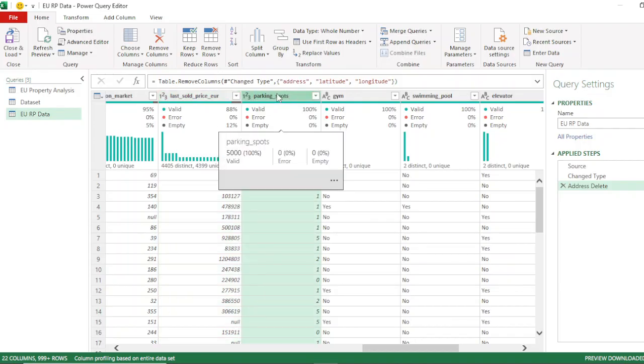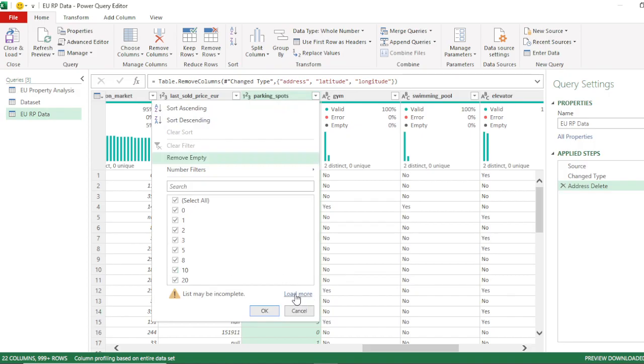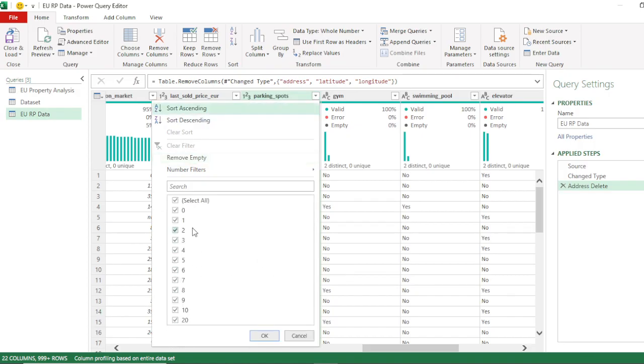So parking spot, it depends on the negotiation between the customers and the real estate agents. This is the facility, how many parking spots they have, and it does not carry any value. Those who have cars, they will keep the garage or parking area, but those who do not have one, they will not look for the parking spots